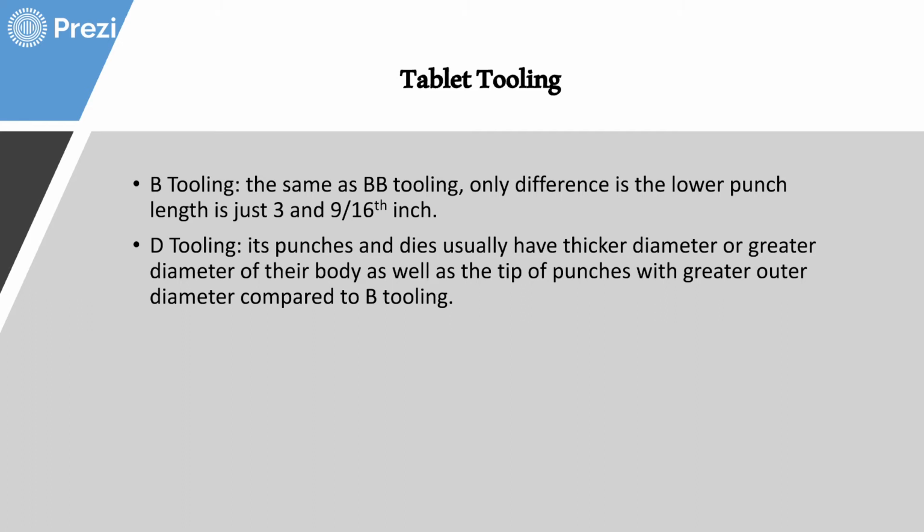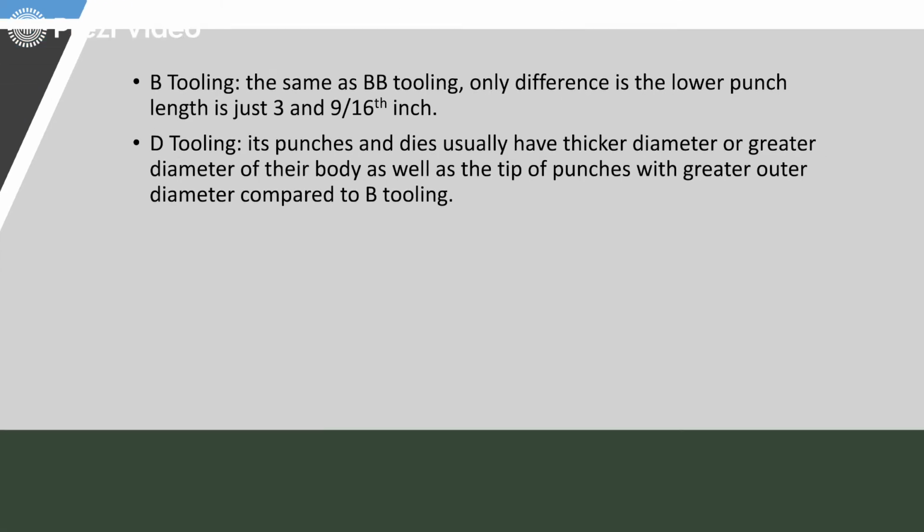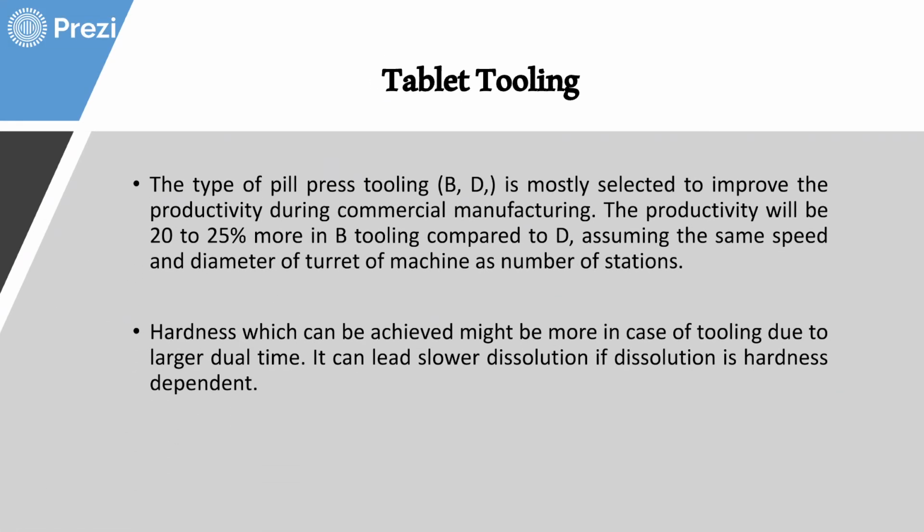Barrel is that part of the punch which actually presses against the die, and both the barrels meet in the die cavity to compress the tablet. So the only difference between B tooling and D tooling is the size of the barrel and the diameter of the die cavity, which actually determines the size as well as the shape of the